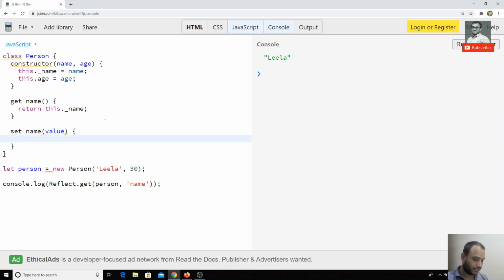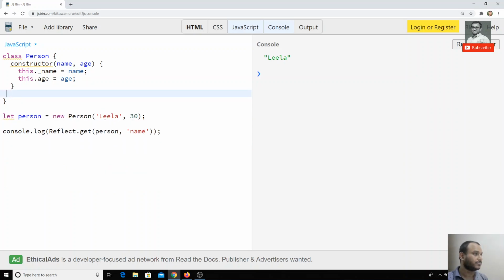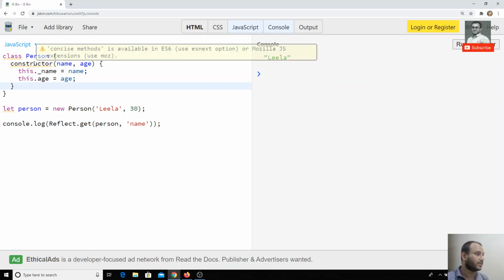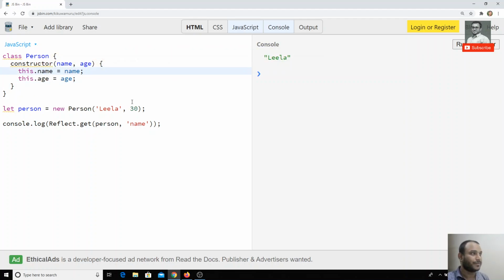Now if I want to set the user, set name of value. Instead of having all these things, let's try with this simple thing, right? So as we have tried to get the property, we can also set the property of an object.